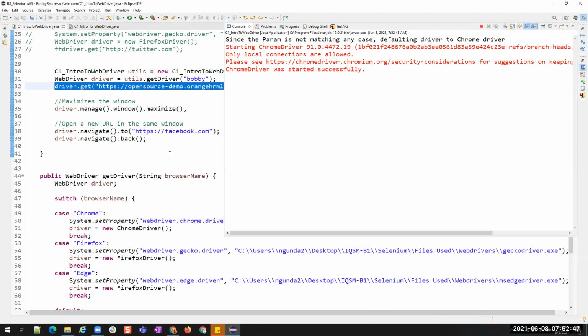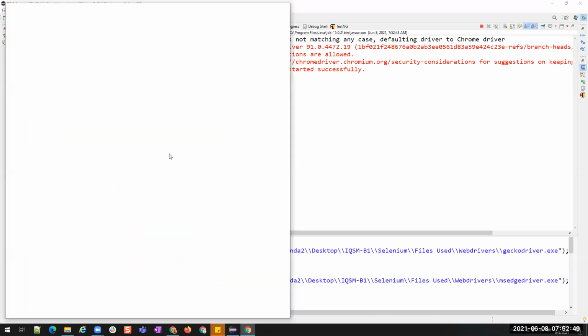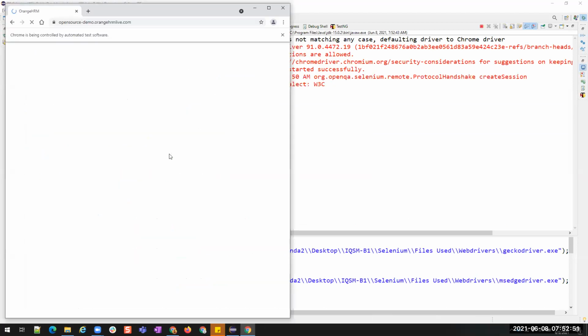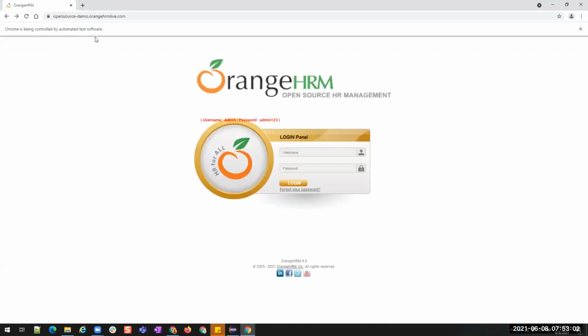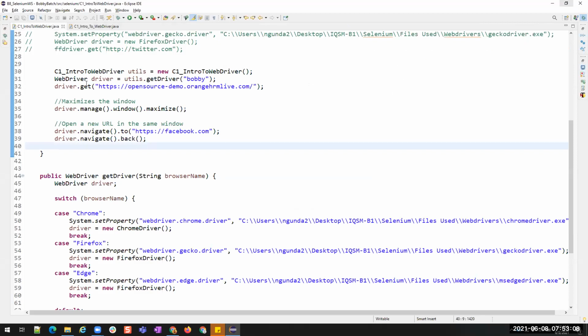Observe it, it will be done very fast. Orange HRM is open. Maximized, navigated to Facebook. Again, it clicked on back, so it opened Orange HRM. Understood?